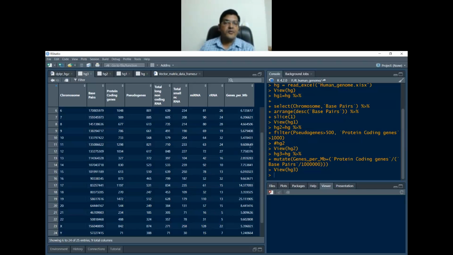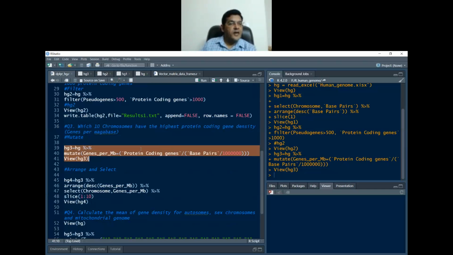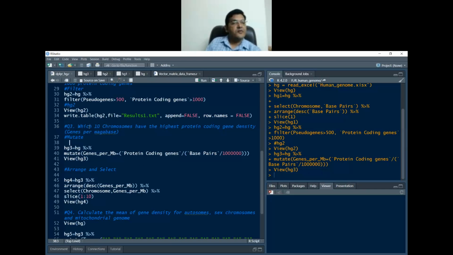So this is how you create a new column. This new column will be added to the rightmost end of the table, right? Again, let me take you through this again. The question was, which 10 chromosomes have the highest protein coding gene density? Genes per megabase, right? For calculating genes per megabase, we do this division of number of base pairs divided by 10 to the power 6. And then for calculating the genes per megabase, you divide the protein coding genes by the megabase size of the chromosome, right? And the way you do it is you create a new column, mutate,